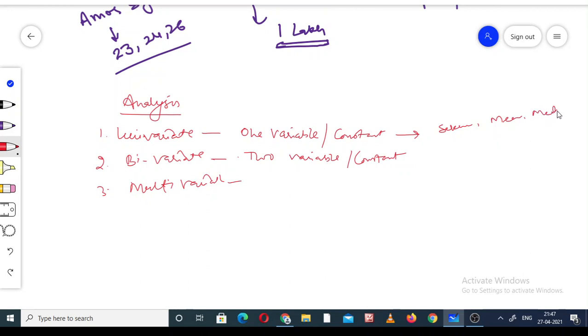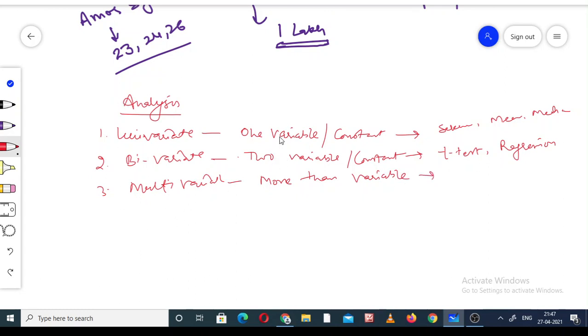But suppose there are two variables in one particular objective, that is bivariate, and in the case of bivariate we can use the t-test and regression. The same in the case of multivariate: if there are more than two variables in a statement, that is multivariate, and we can use tools accordingly. So these are the analyses.